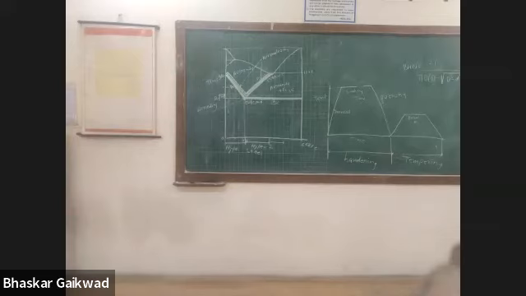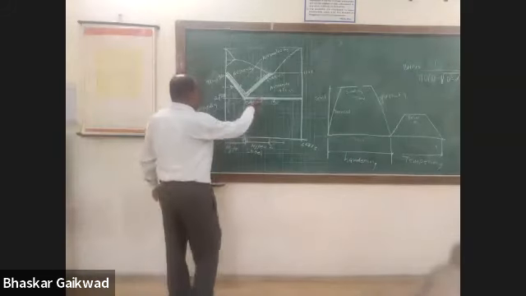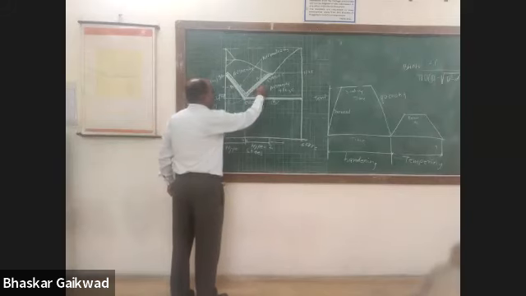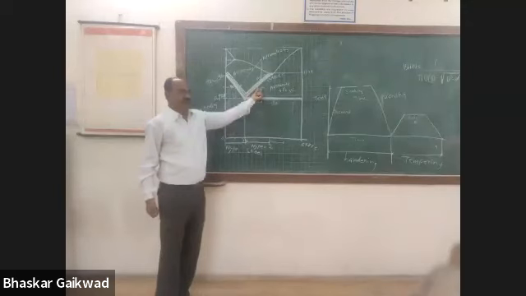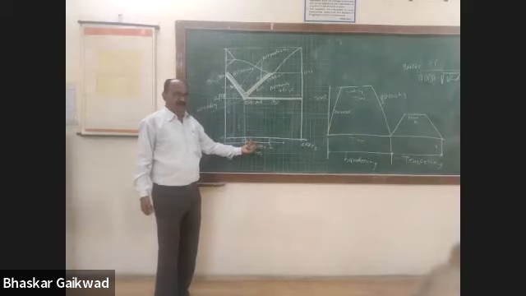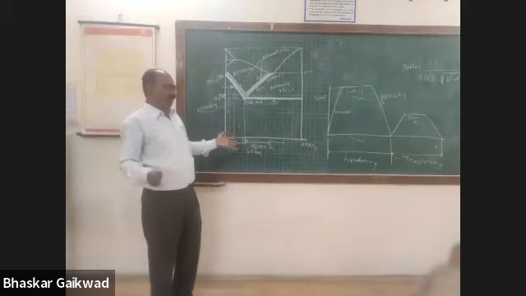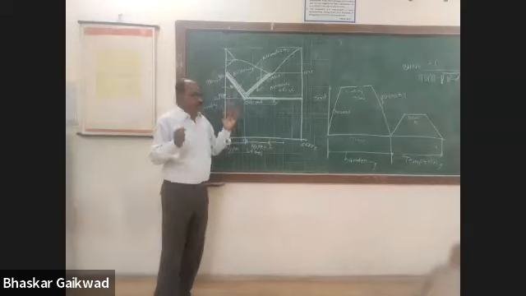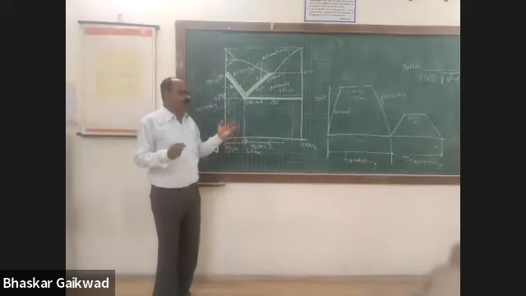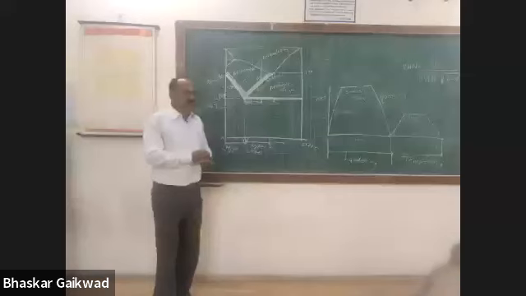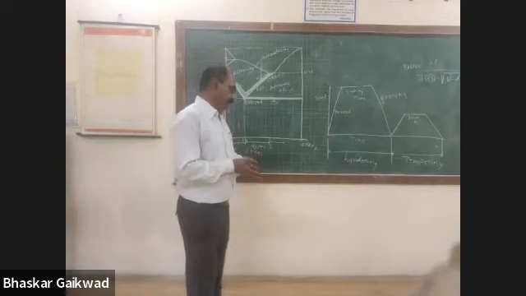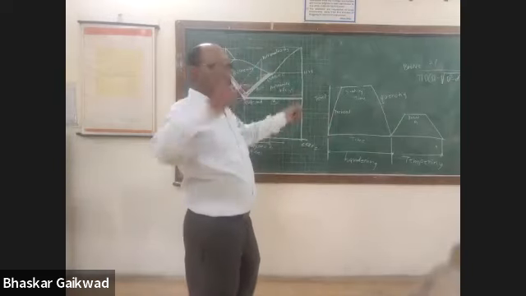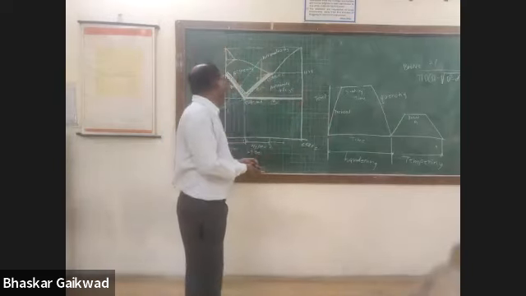But in hypereutectoid steel, instead of the A1 line, you go to the ACM line. So this is the normalizing temperature for hypereutectoid steel. Other things remain the same: heating, then keep a constant temperature, and in normalizing, you take out the workpiece from the furnace and cool it in air, controlled air, so that decarburization will not take place.